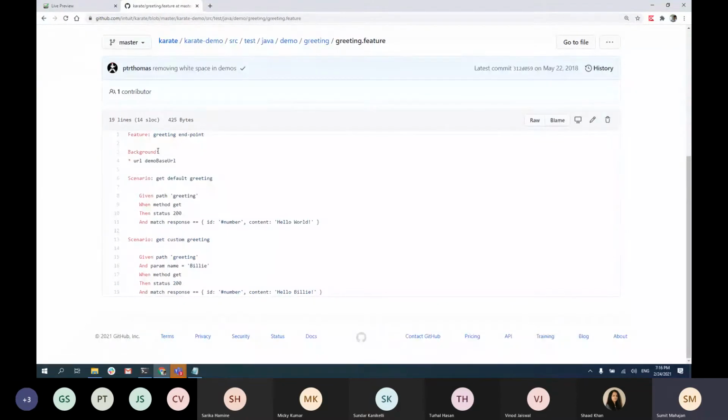So if I go here, it will look like I'm sending a background of demo base URL, and then I'm giving a path of greeting on my demo base URL. Now, this is what I want to discuss. Where is this demo base URL coming from, right? Those are the things that are required in a framework, because demo base URL, let's say it remains common across your files.